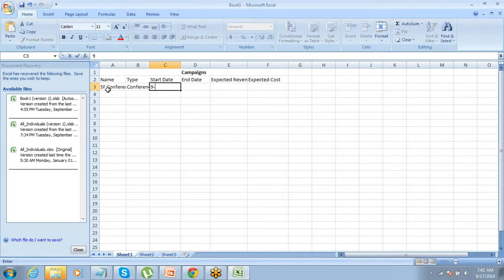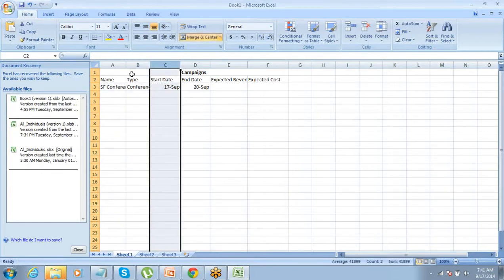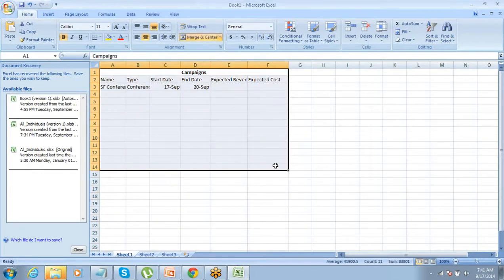It starts on 17th September and ends on 20th September. So this is a row of data, or the record that we entered. These are fields, and this complete thing is an object.